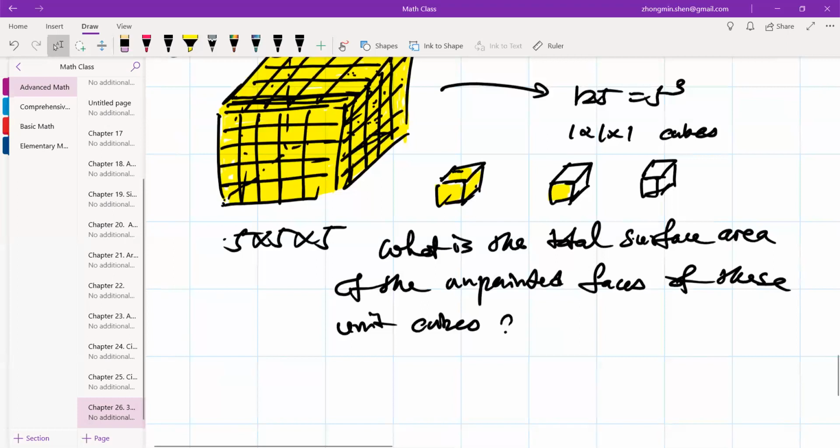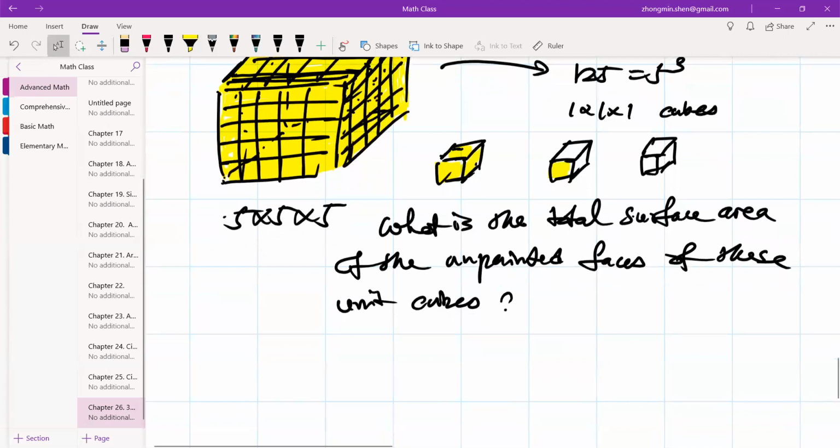So you cannot just focus on these unit cubes. Otherwise, it takes forever to count them. You have to group them in 4 different categories. Like those cubes, all the faces are painted. Those cubes, 1 face is painted. Those cubes, 2 faces are painted. Something like that. But the best way to do it is, I count the total surface area of all those